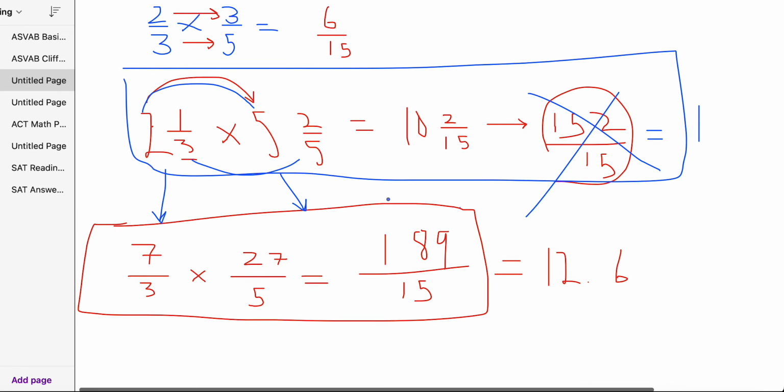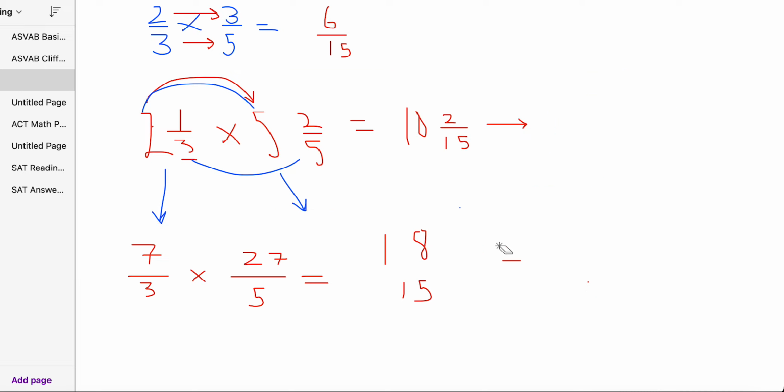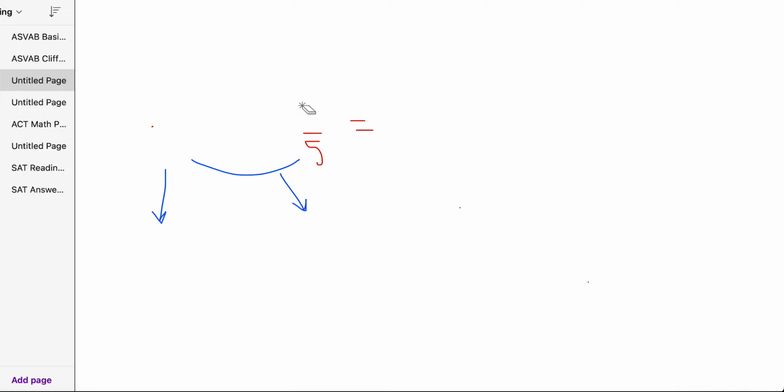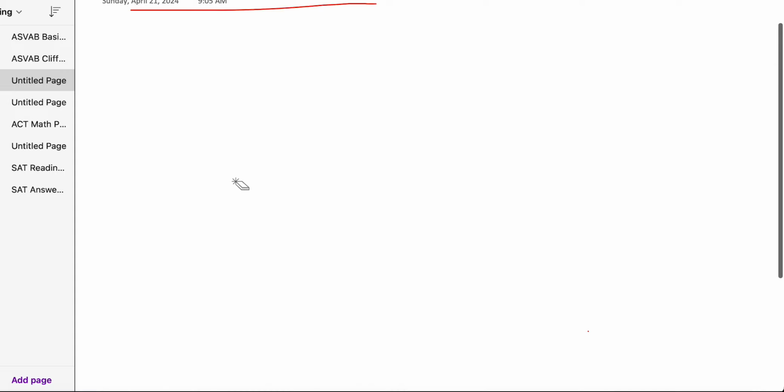So now that we've done multiplication, let's move on to division. So with division, typically we can turn divisional problems into multiplication problems. And so say we had 3 over 5 divided by 2/3,